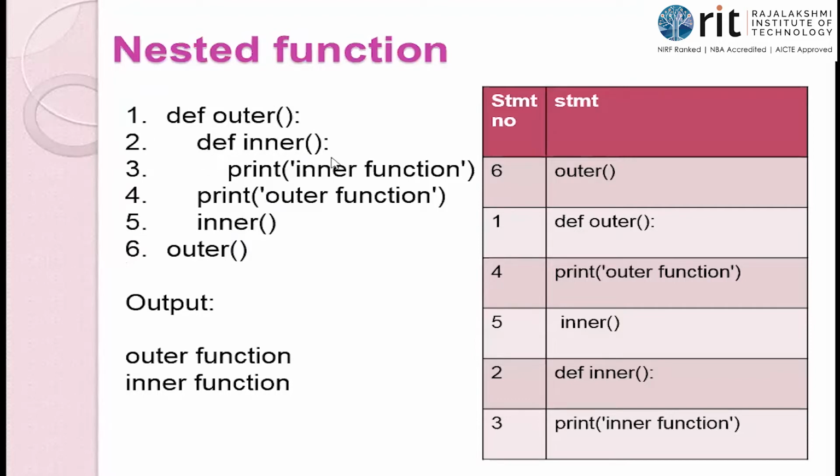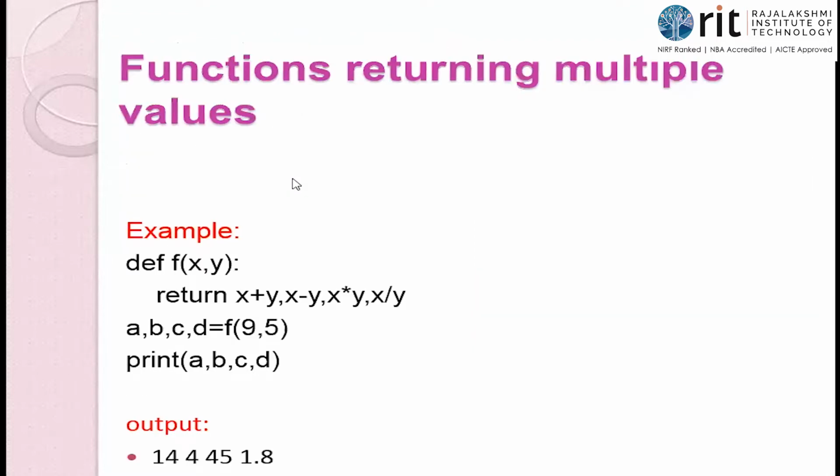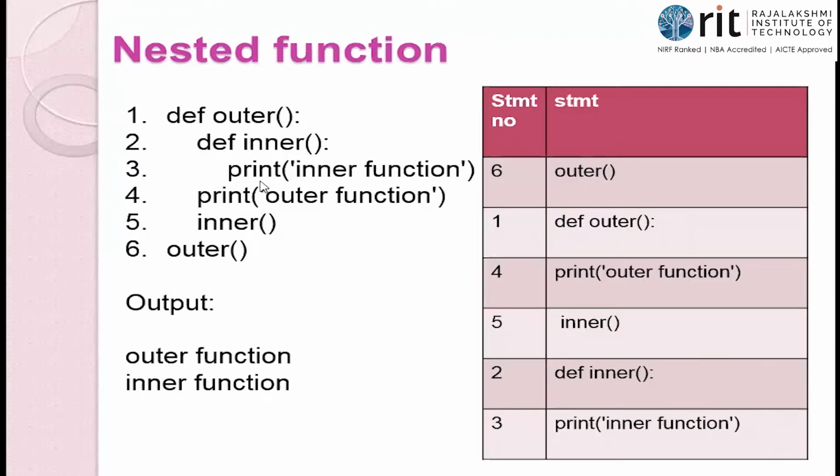When you look at the logic inside the function, I do have another keyword called def, isn't it? So def inner. Again, this will be skipped off. Whenever you have this def keyword, that portion will be skipped by the interpreter. So move to the next line. When I say skipping off, the second and third lines will be skipped. Why? Because I have placed only one print statement in the inner function. Look at this indentation now. Only one statement is present inside inner. So I'm going to skip this inner function definition. So 2 and 3 will be ignored now.